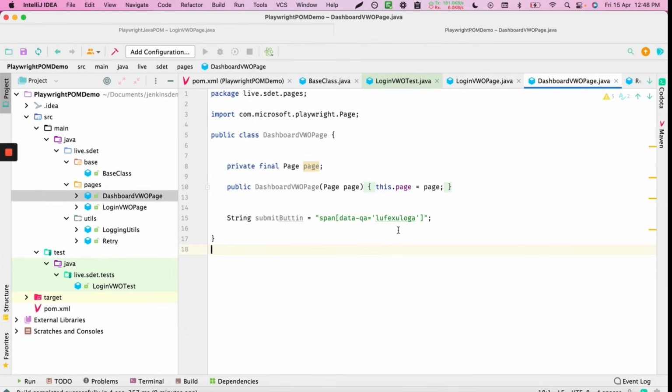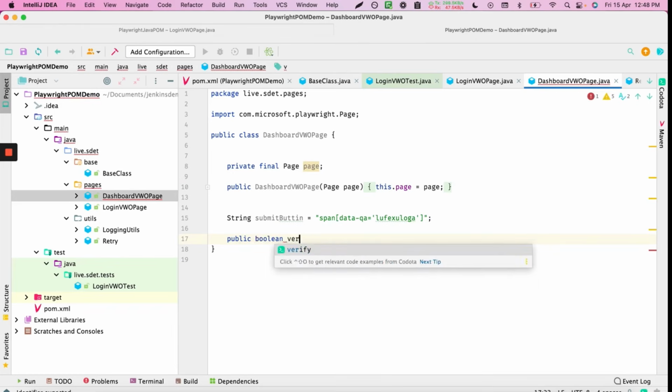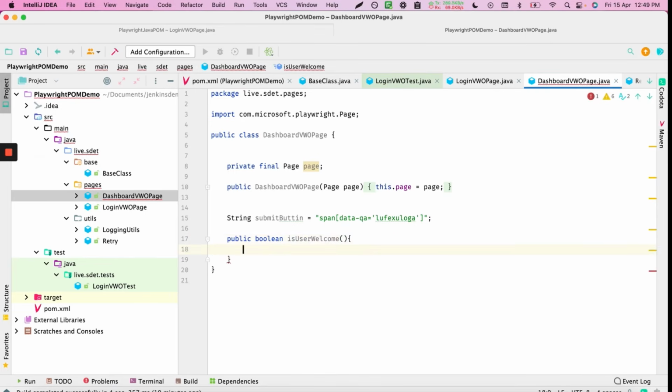In the dashboard, what will happen is I will call this function, let's call it public boolean verify, is user welcome. This will be our function, and what this will do is